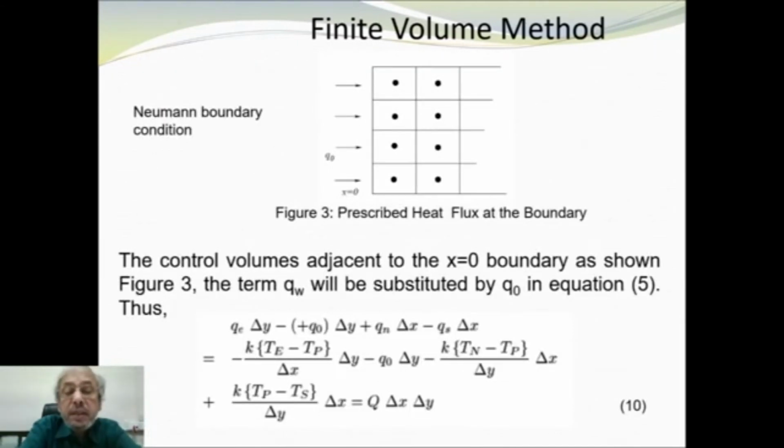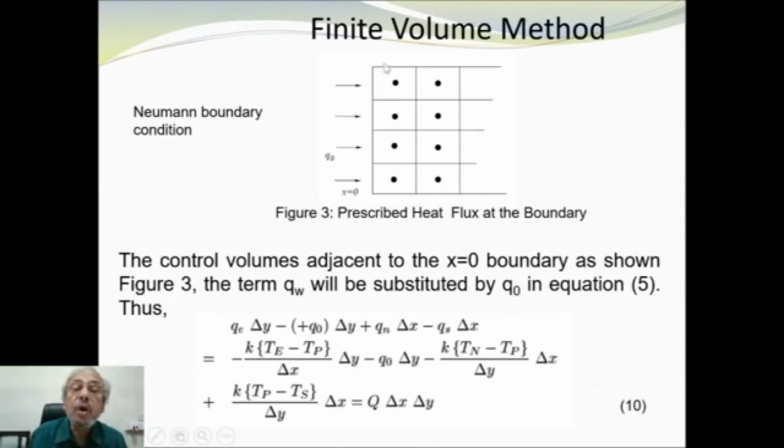Now we will discuss two special situations. That means the formulation part we have discussed. We have to discuss boundary conditions. Now see here,